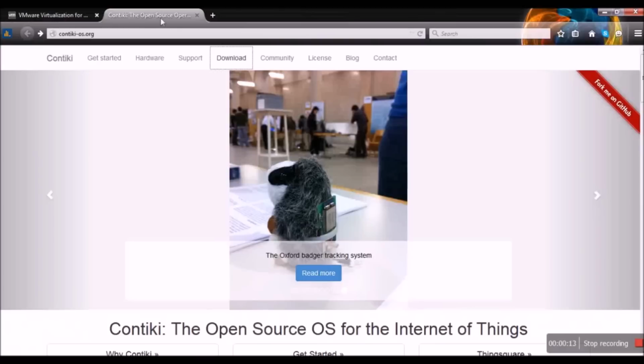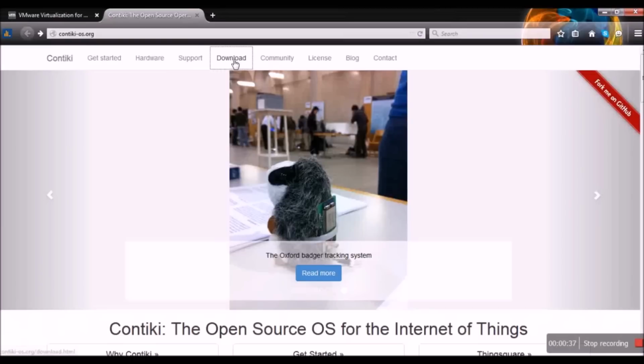So, what is the Contiki-OS? It is an open source operating system that runs on the tiny low power microcontrollers and makes it possible to develop applications that make efficient use of the hardware while providing standardized low power wireless communication for a range of hardware platforms. In order to download the Contiki OS, you need to go to